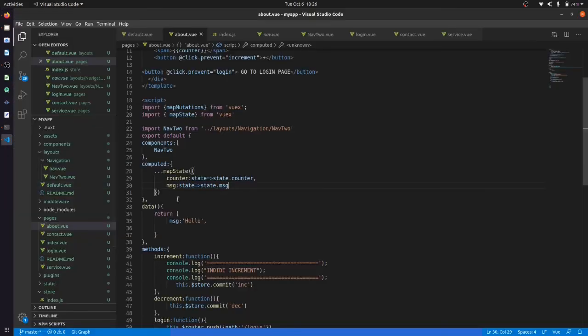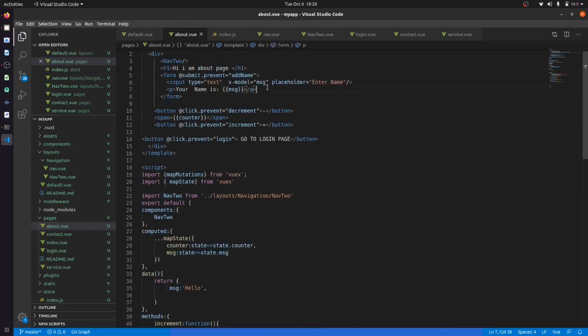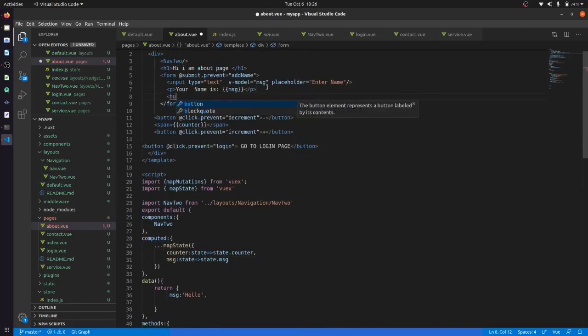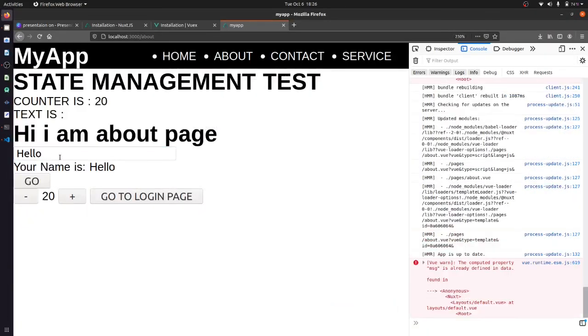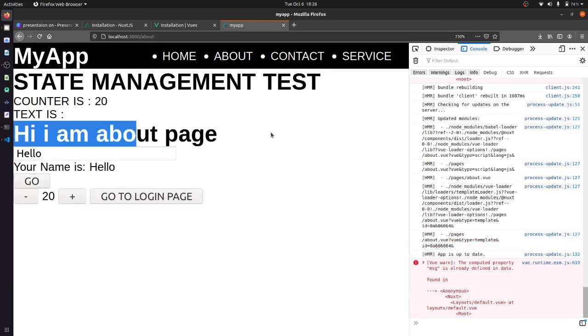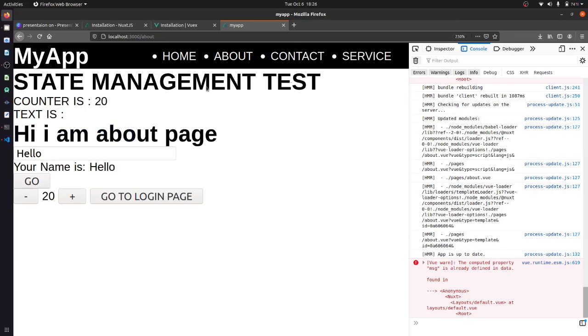What I have done here is that I have given a button, type submit. Go. Am I getting data? Let me see.